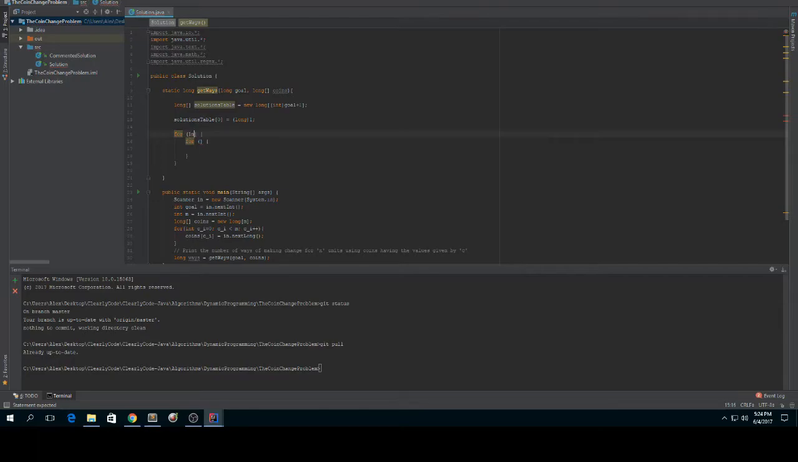So we're going to say for int I equals 0, while I is less than coins.length, increment I. That's just the standard for loop syntax for looking at every coin. It's going to give us the index of every coin in the array. And then this one's a little bit trickier. We're going to inside that for loop. So for each coin, then for each